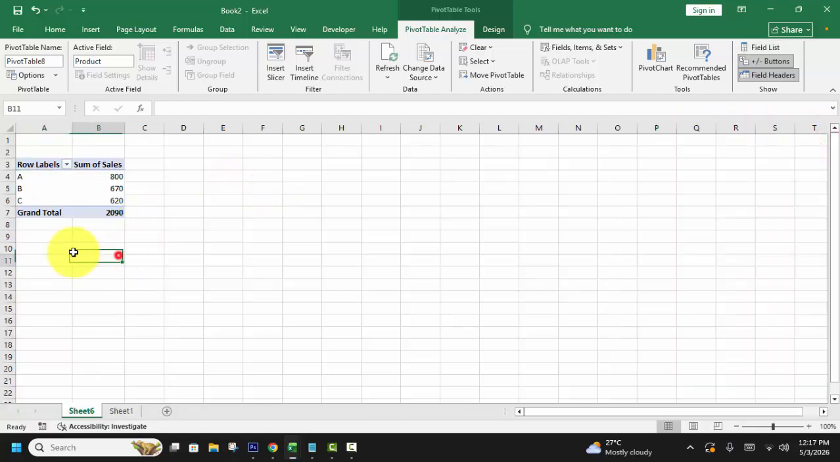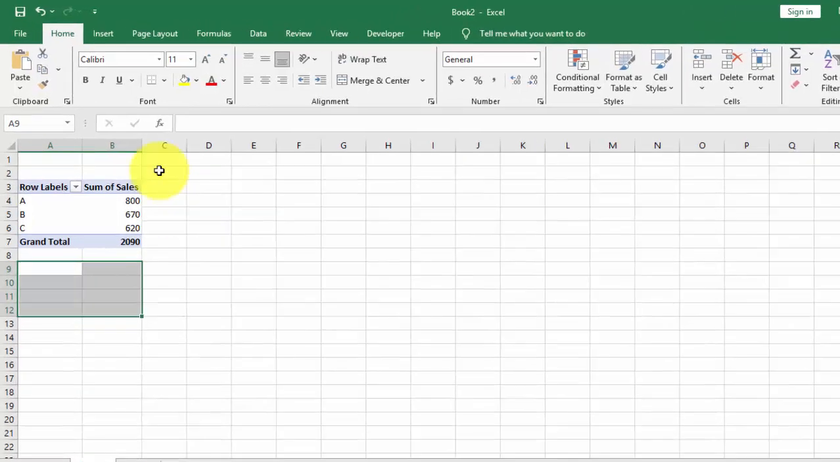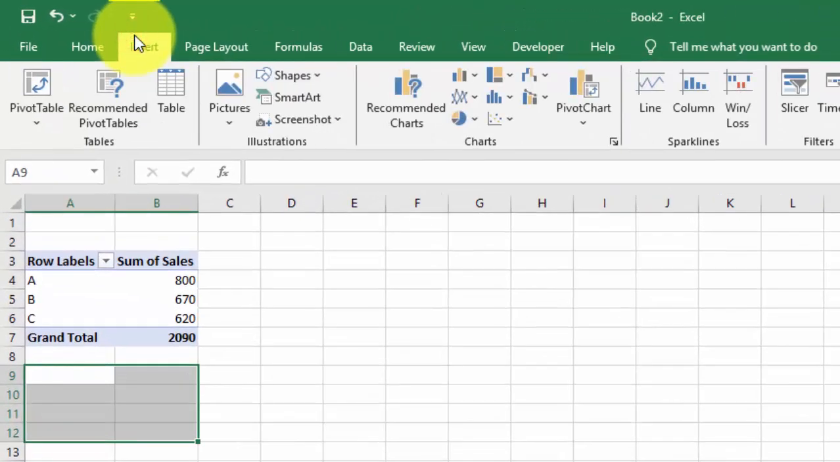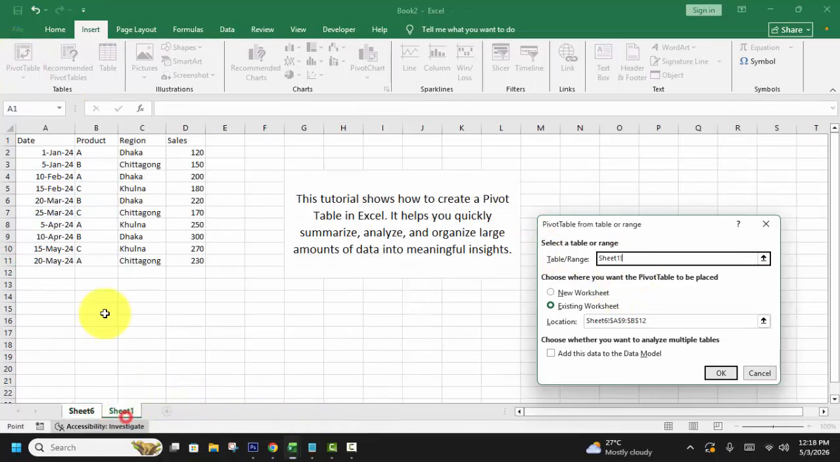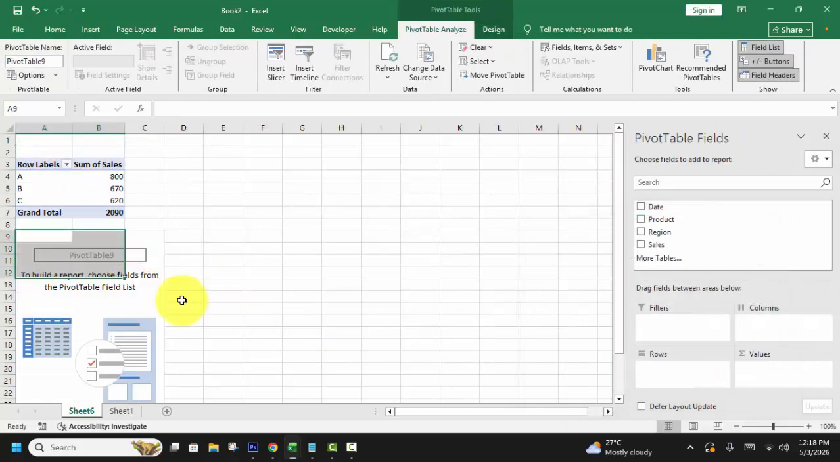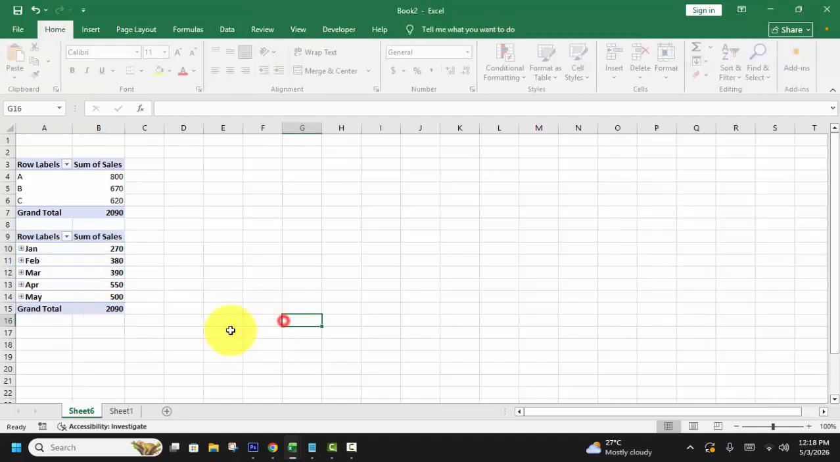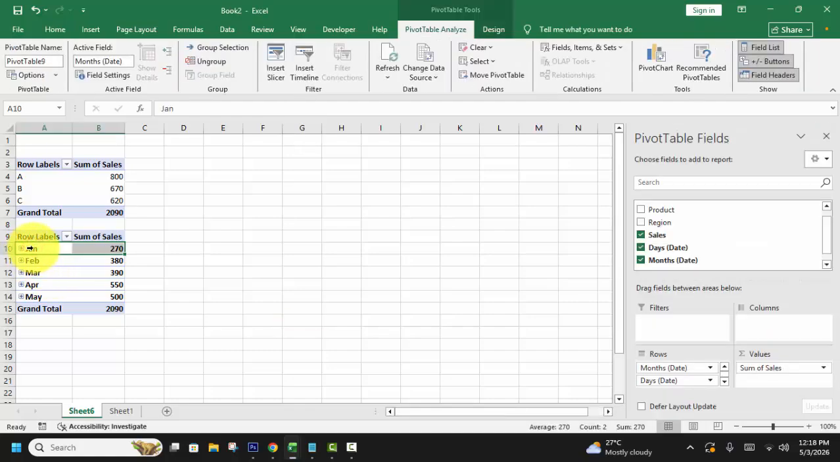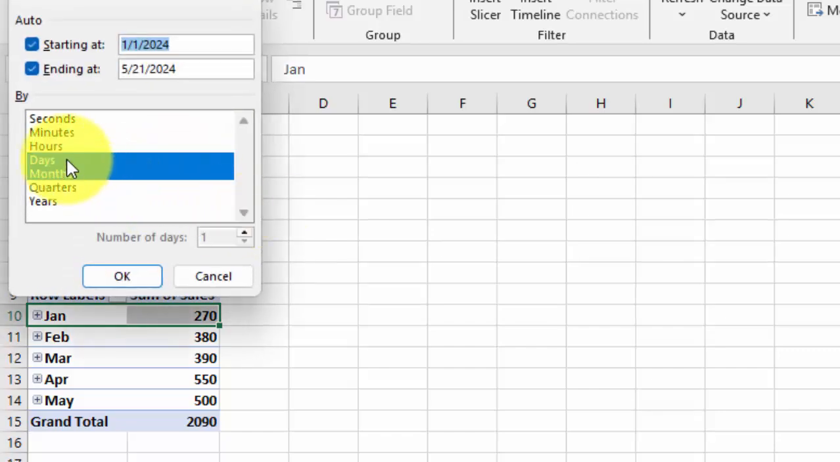or again, for example, go to Insert tab, PivotTable, click OK and use date for rows, sales value. Click any date cells, right click on your mouse, group, use only months